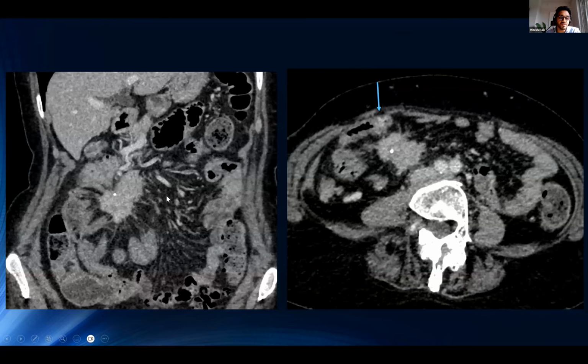Here's an example of the mesenteric mass with the desmoplastic reaction. So you can see spiculation of the margins, you can see central calcification, you can see sort of pulling in of these blood vessels surrounding it. So it has this sort of stellate appearance adjacently. And you can also see some enhancement of an adjacent small bowel loop.